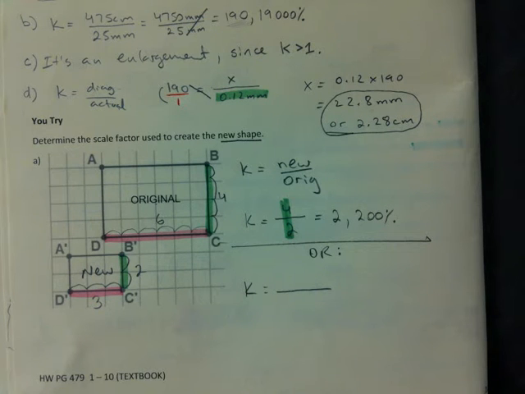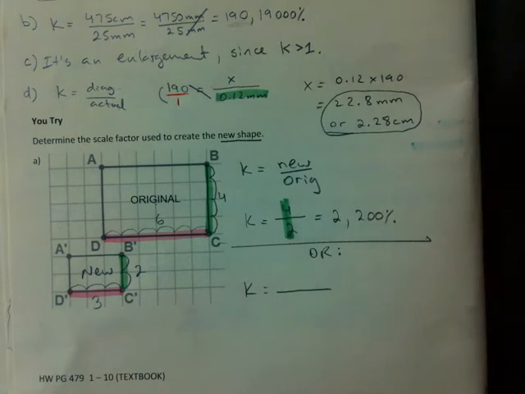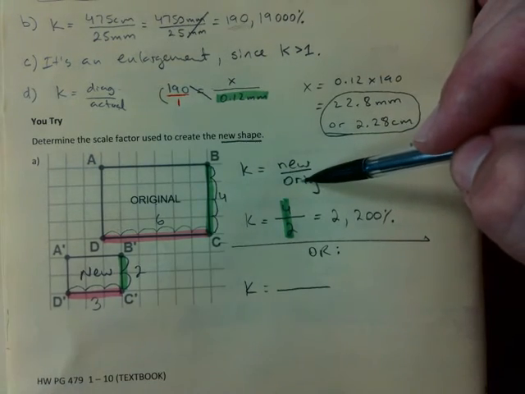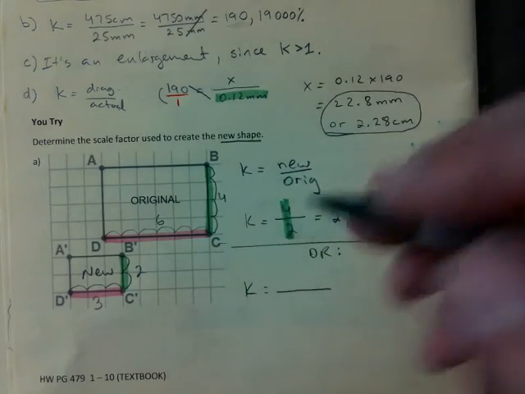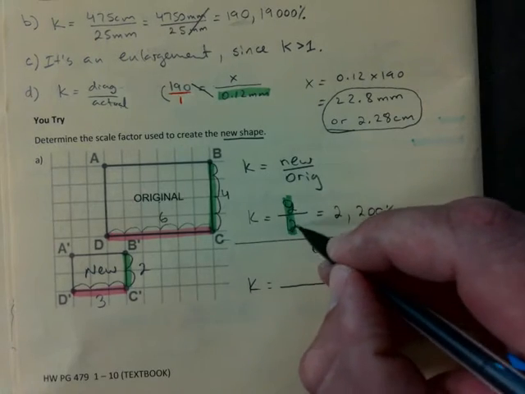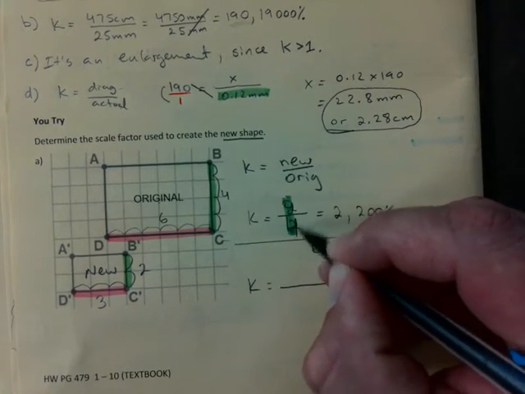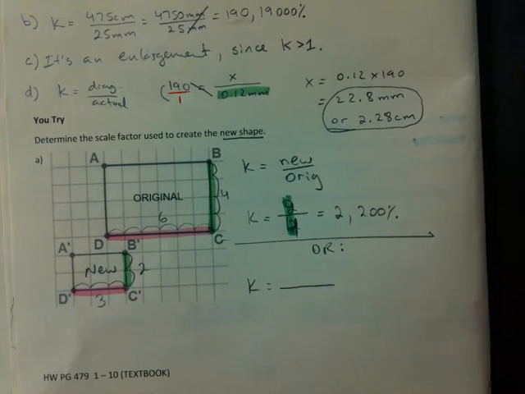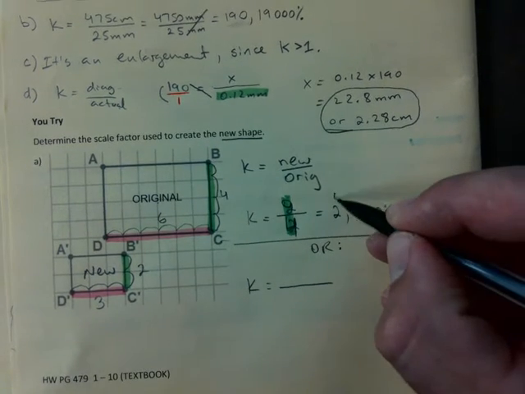Okay, so you go, uh-oh. You see that I made a mistake, right? You can feel free to stop me. Anyways, it's new over original. That's the mistake. So it should be 2 over 4. And it's recorded, so I can't even pretend like I didn't make the mistake. 2 over 4, which is 1/2,